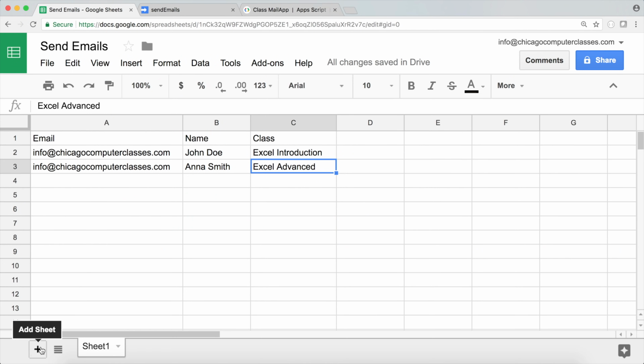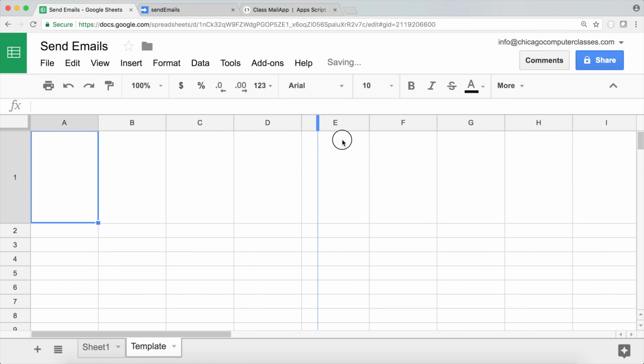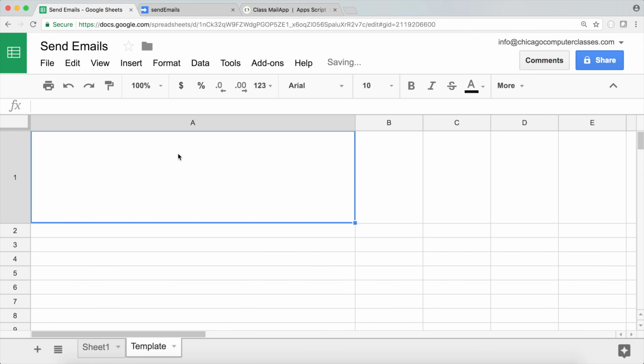It will be a simple text template. So I'm going to add a new tab, and I'll call this template. And I'll basically just put my message in this tab in this first A1 cell, just make it wider here, and say, so basically it will be like, hello,